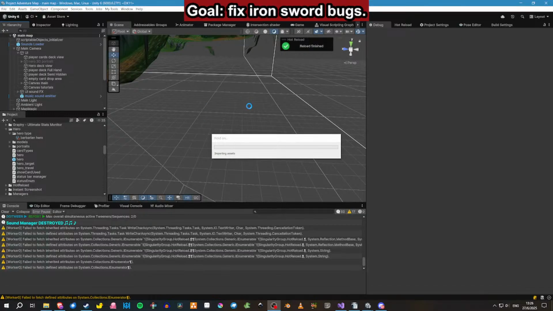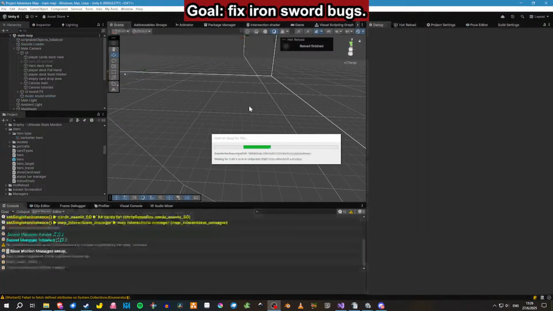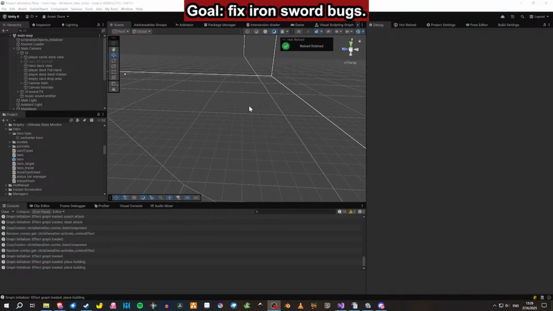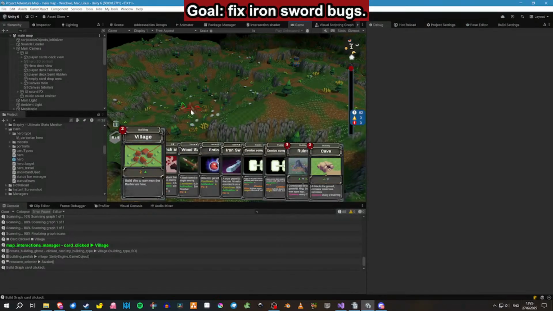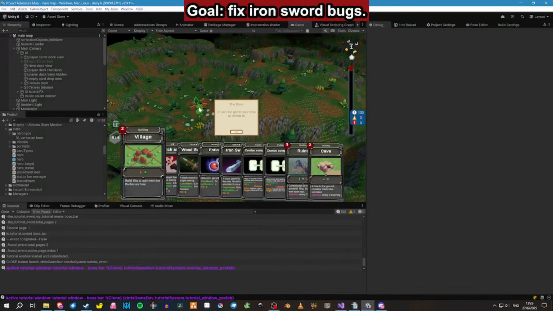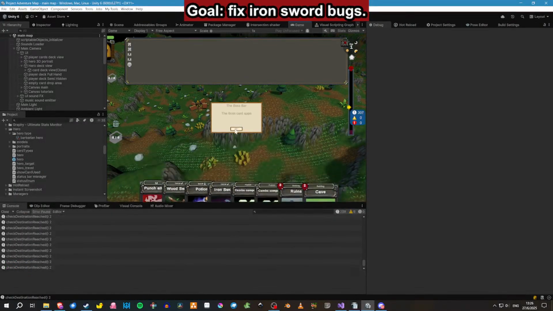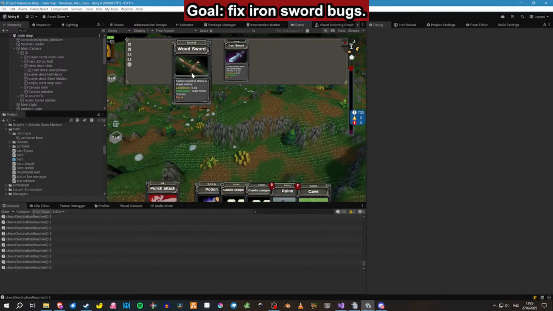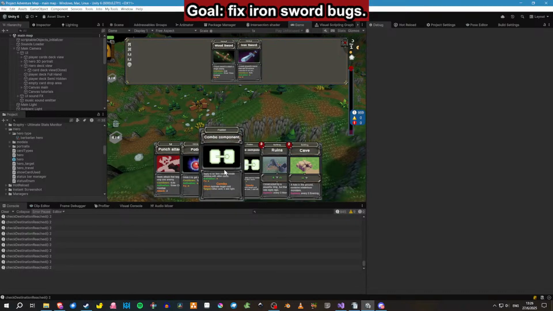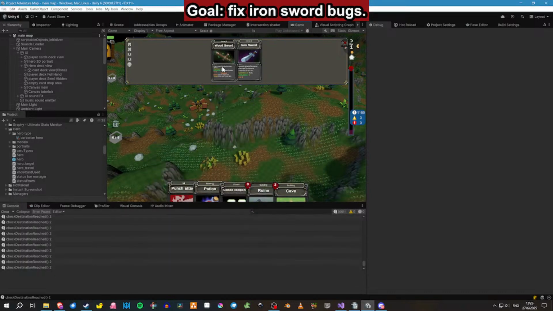Okay, come on, I'm gonna get something to eat and then I'm gonna return to try to fix this problem with the swords. Let me just do this. Okay,